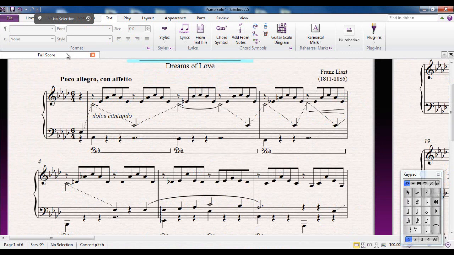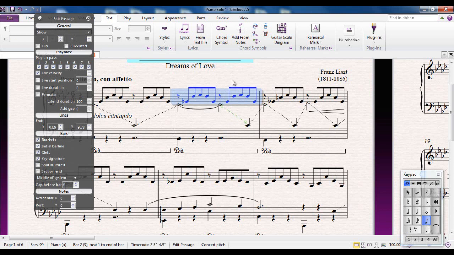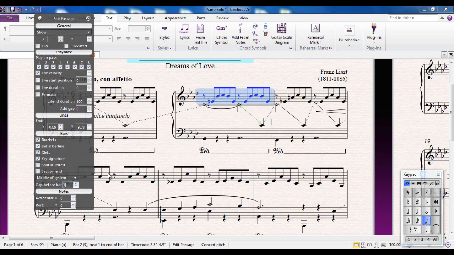Another example of where you may want to use the Inspector is, let's say for example, if you were creating a coda. Now generally what would happen with a coda is it would have a gap before the bar. So let's say for example this is the first bar of our coda, and I wanted to put that gap there. I would select it, open the inspector, assuming it's not already open, and in the bars area here, you can see there's an option down here where it says gap before bar, and it's set to 0 because obviously there is no gap. I can change that, for example, and make it 7 spaces,